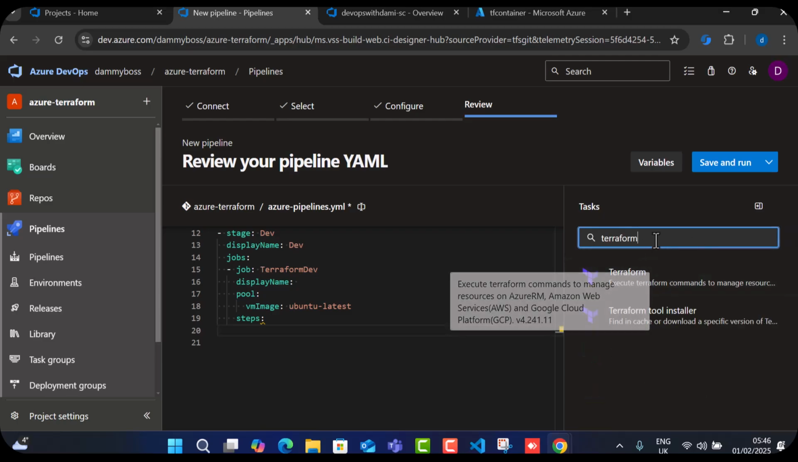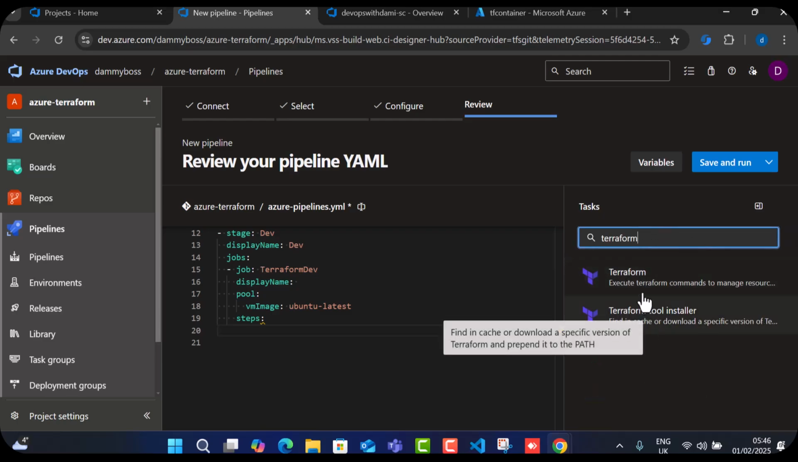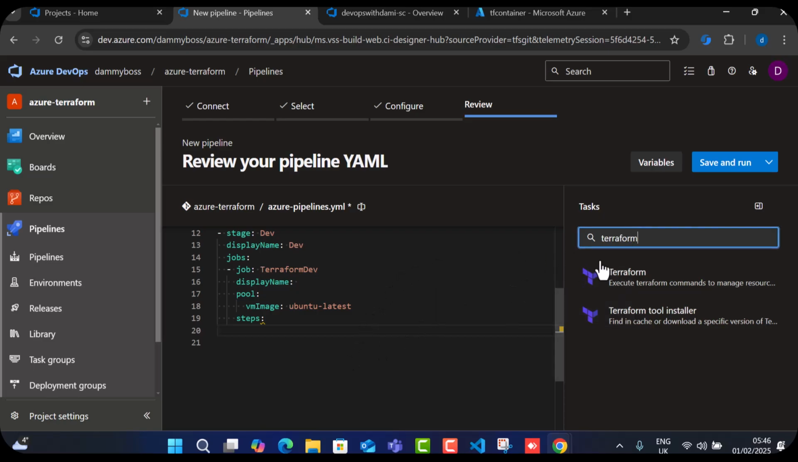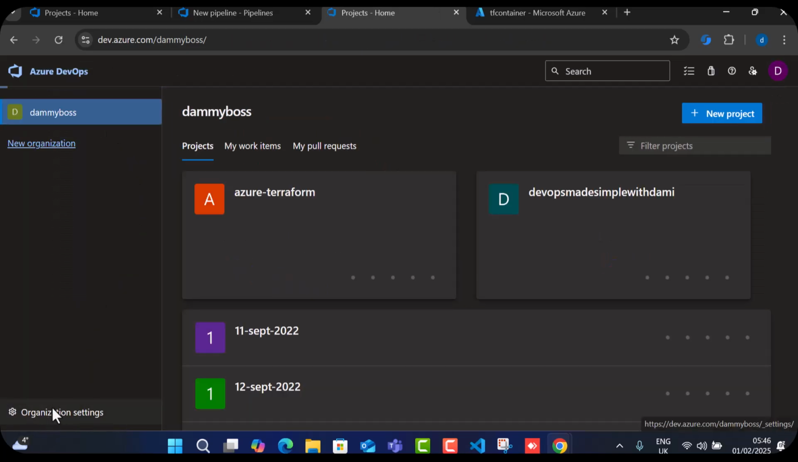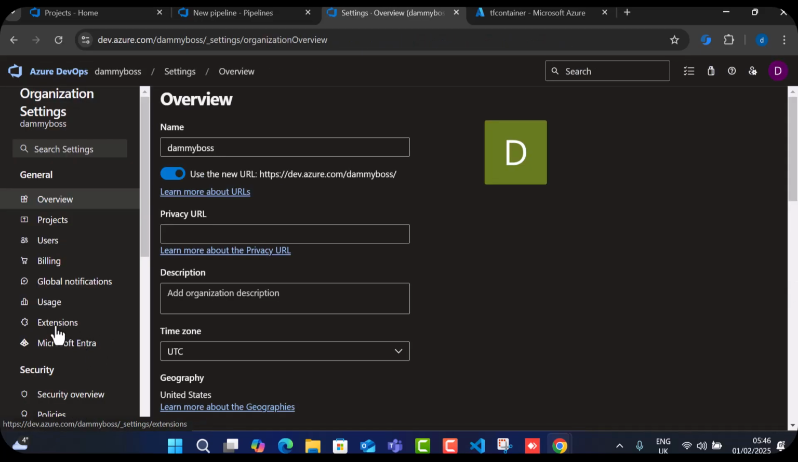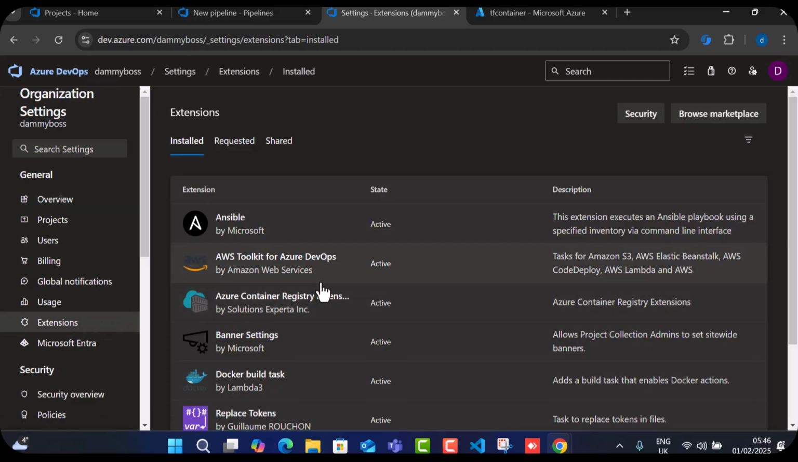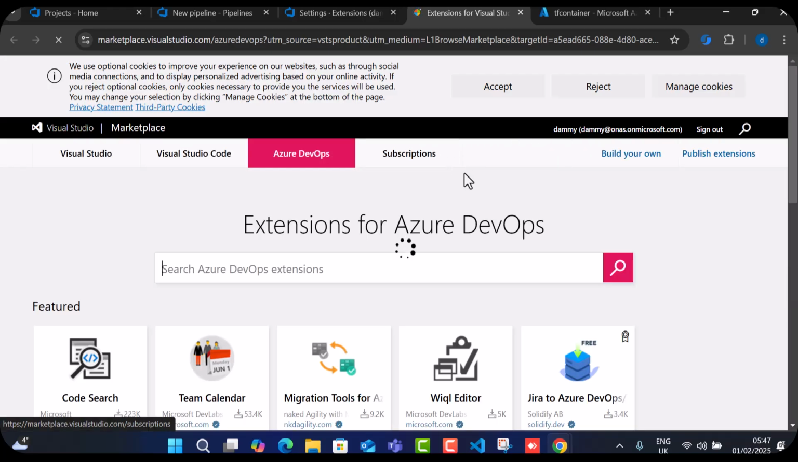So guys, for some of us who don't have Terraform here, the Terraform extension is currently installed on my Azure DevOps. If you can't find Terraform under this task assistant, all you need to do is go back to your organization settings, then extensions, and then click on browse marketplace. It opens a browser and takes you to the extension marketplace. So you type Terraform